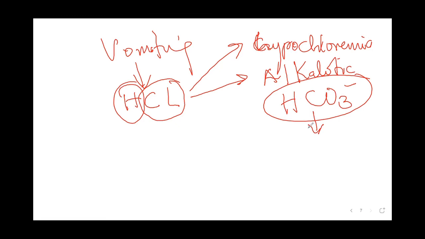Excrete this bicarbonate out of the body in the form of sodium bicarbonate through the urine. And because of the loss of this sodium bicarbonate, a lot of sodium is lost in the urine,